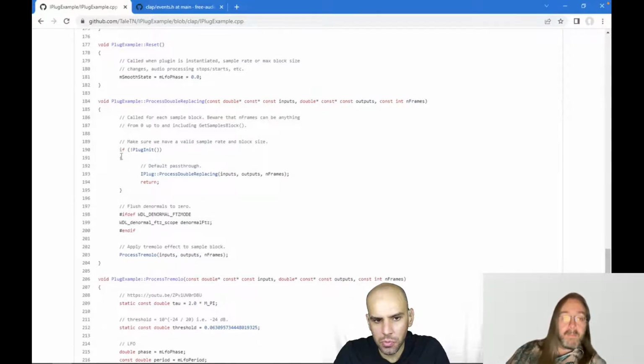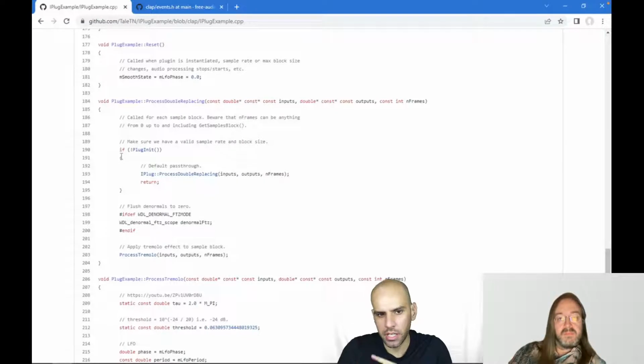But the word replacing to me implies that you would be receiving a buffer and you would be replacing that buffer with the outputs. But that's not what's happening. We have an inputs and outputs. That is true. However, VST2 used to have a function just called process, I think, because this is before VST 2.4.